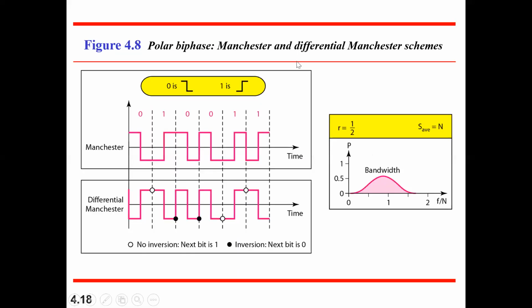So in the last class, we discussed a few line coding techniques. The first one was unipolar. We'll recap it, then continue with our discussion. Why do we need a line coding technique? Whenever we want to convert digital data to a digital signal, we need to convert it. So for conversion, we require line coding techniques.